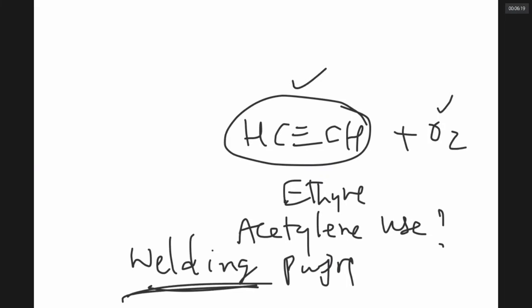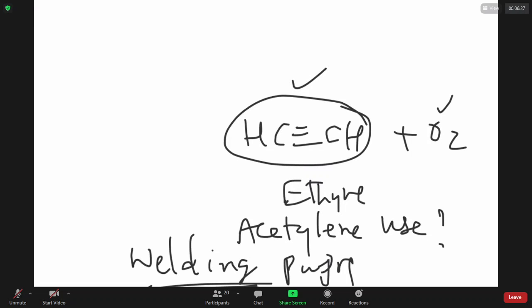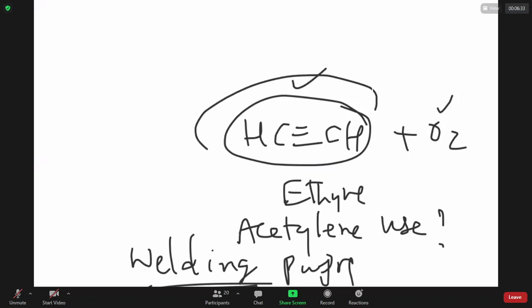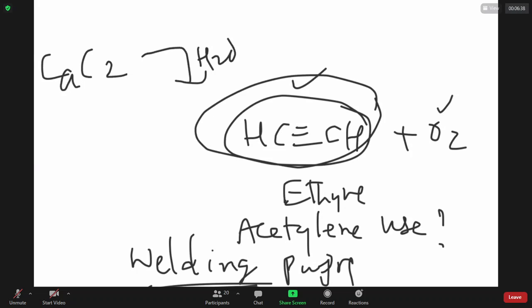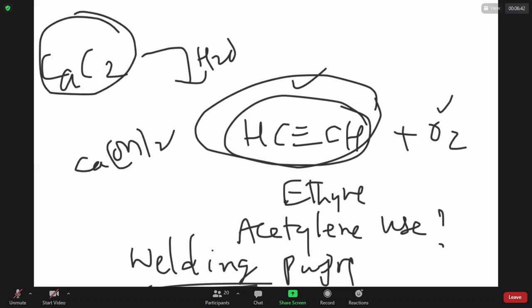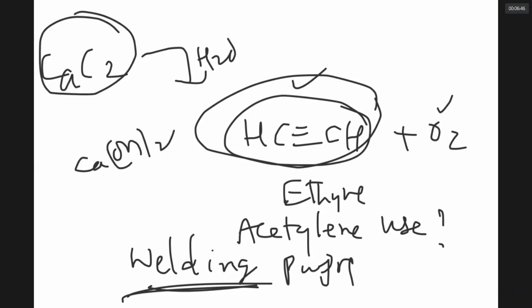Have you ever watched people joining metals? Yes, sir. That is the gas, acetylene gas. And for this gas, they prepare it from a white solid called calcium carbide. By putting it in water, you get this, along with calcium hydroxide. This calcium carbide, roughly 1 kg, costs 35 rupees or so. It is cheap. You get a lot of acetylene gas.